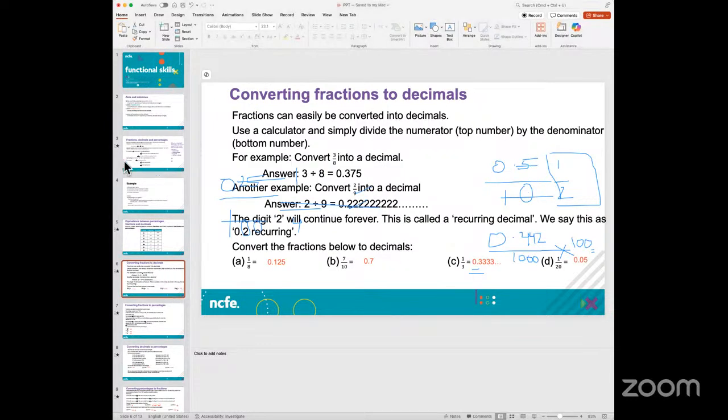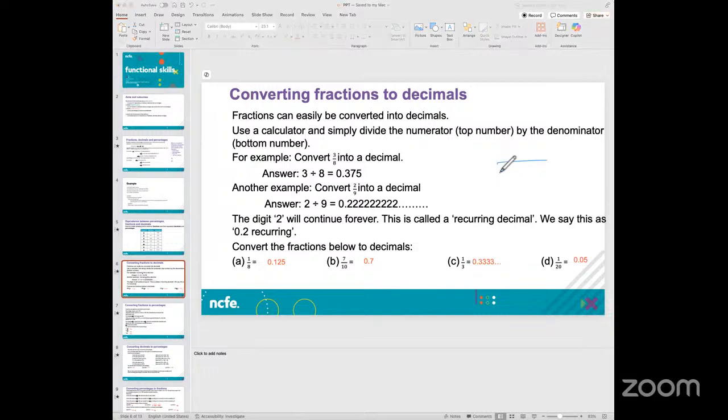Now, if I was to talk about converting fractions into decimals, how would I go about it? If I had a fraction like 3 by 8 and I had to convert it into a decimal, the first thing that comes to my mind is that the numerator is always smaller, which you need to remember, and the denominator is always bigger. That means 3 has to be divided by 8. That's how we do division, right? We put this across like this.